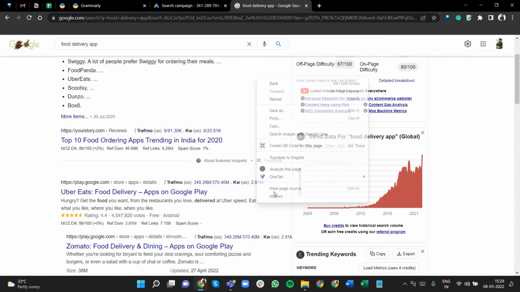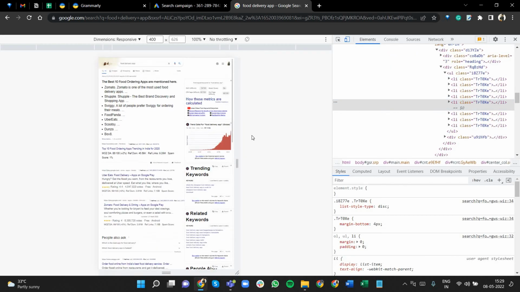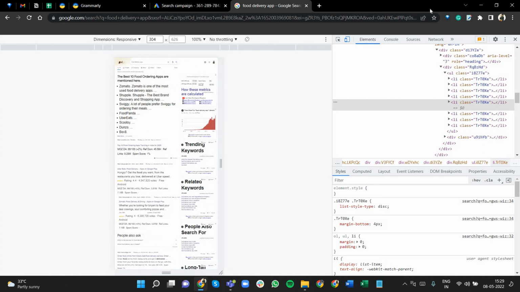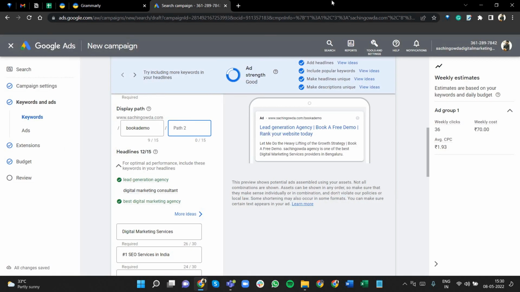If you search a keyword like food delivery app in mobile, sometimes at the top you will see a small option like install: Zomato, Swiggy, Dunzo. You can run this type of campaign called app promotion. It's the app download